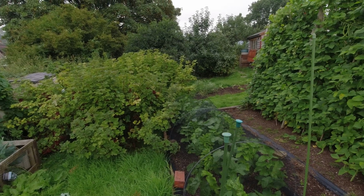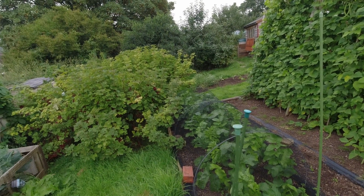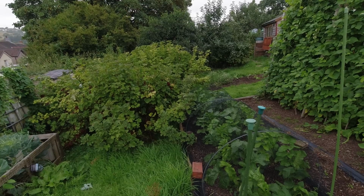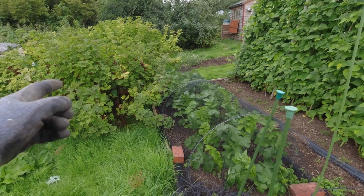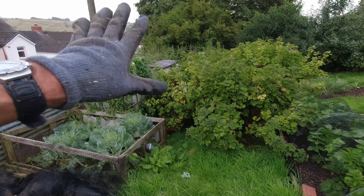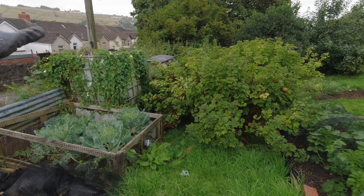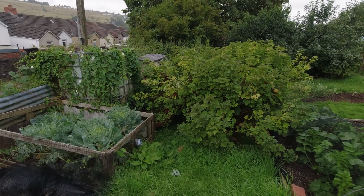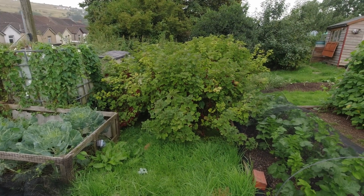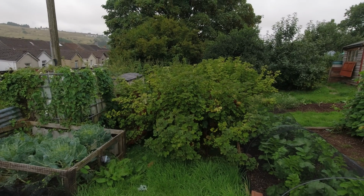I definitely am going to take the side out of some of these bigger red currant bushes. They are so large now, and give myself a bit of light onto this bed. And it's also incredibly congested in there. I can't really get to that to weed it, well, not without a lot of trouble anyway. So I really am going to bring those berries under control,